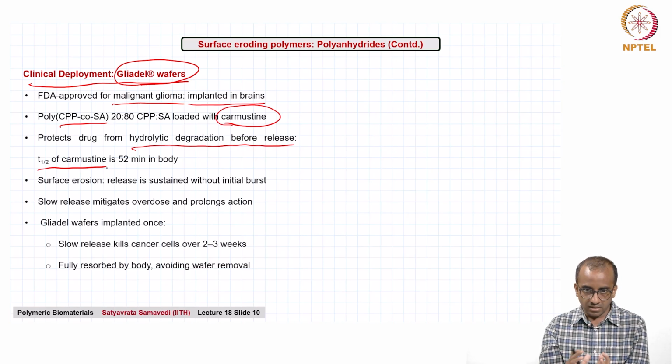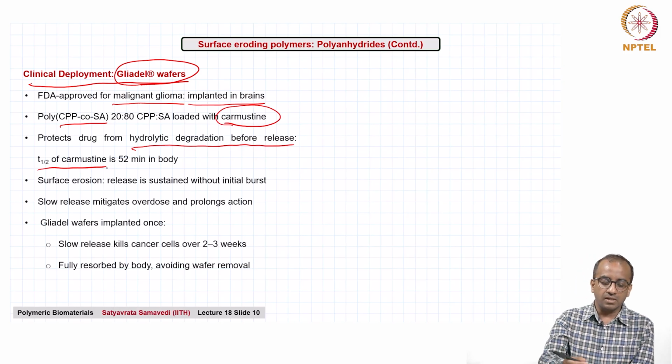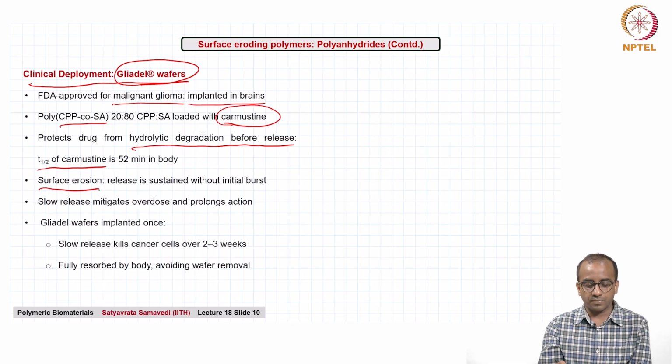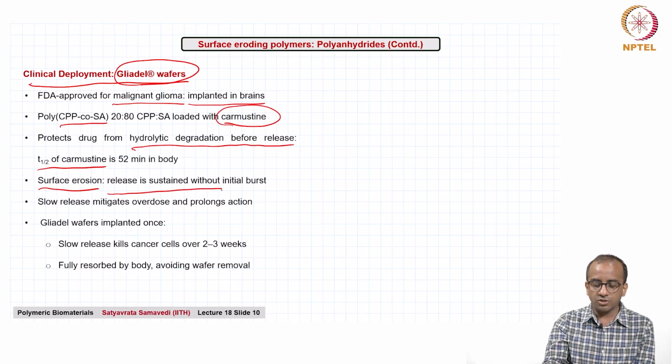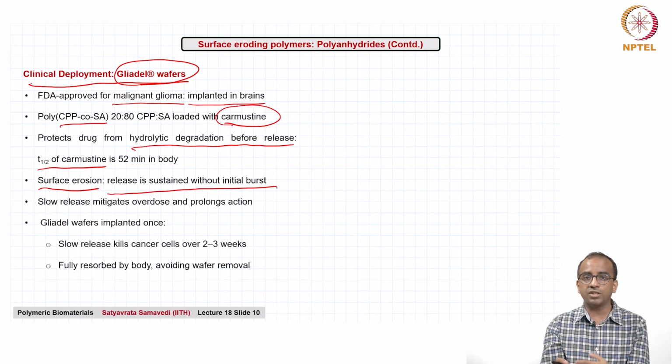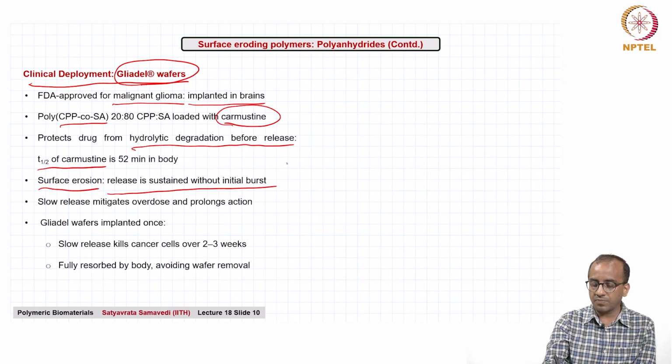Now, the other reason why this drug is put into this material before it is implanted is that these materials undergo what we call surface erosion. We are going to look at polymer degradation in a separate lecture, where we will look at degradation mechanisms in more detail, but for now we will simply note that this is surface erosion as opposed to bulk degradation that some of the polyesters which undergo ester hydrolysis will experience. So, the surface erosion of this polyanhydride ensures that the release is sustained without a large initial burst, because if you want to release a drug, your limits are,